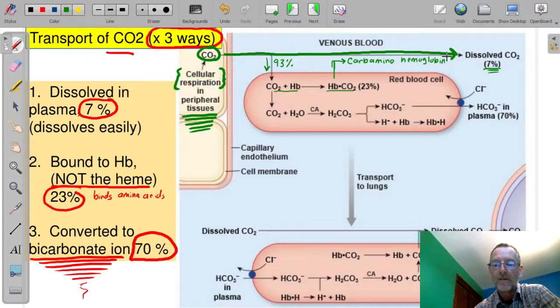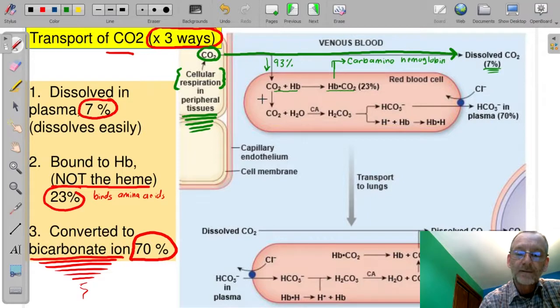And we've loaded now about 30% of the carbon dioxide. We've accounted for about 30%. The remaining 70%